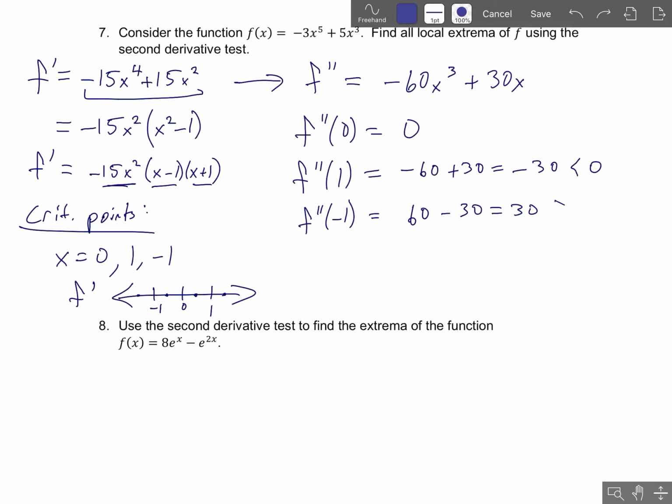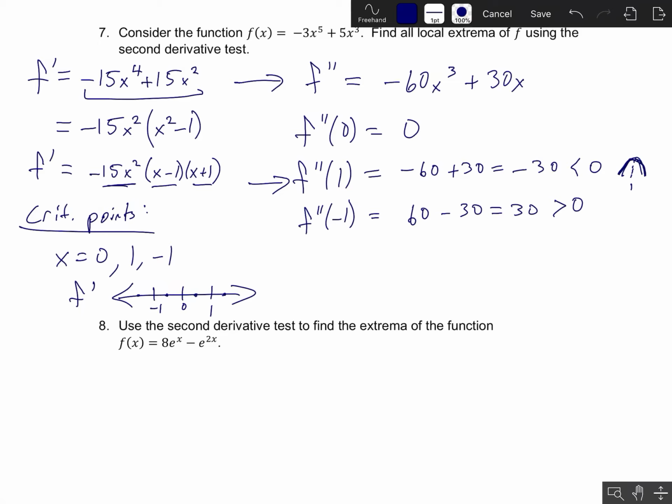So because that didn't get any cleaner. There we go. Okay, so because the concavity for this critical point is negative, what that means is that the picture looks like this near this critical point 1. So because we have a negative concavity or a downward concavity near 1, we know that 1 is going to